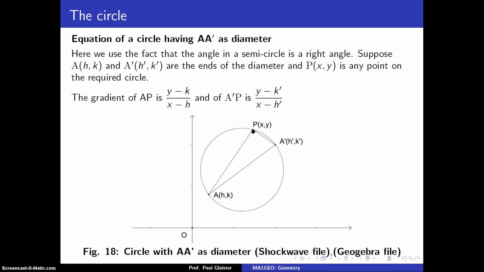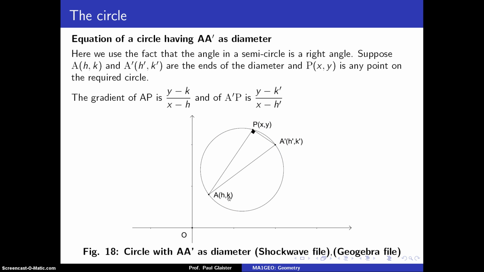So lastly, if we're given 2 points in the plane, can we determine the circle that has the line segment between those two as a diameter? Well, we could write down the general equation for a circle and insist that it passed through those 2 points. We could make sure that it was a diameter, so it's the largest length between the two. But the simplest way of doing this is to note that if I draw the circle that passes through